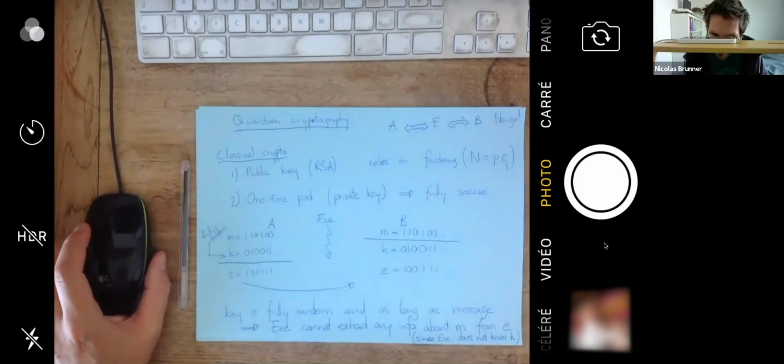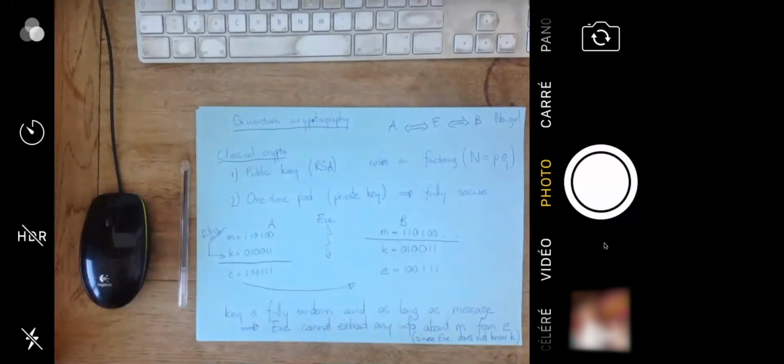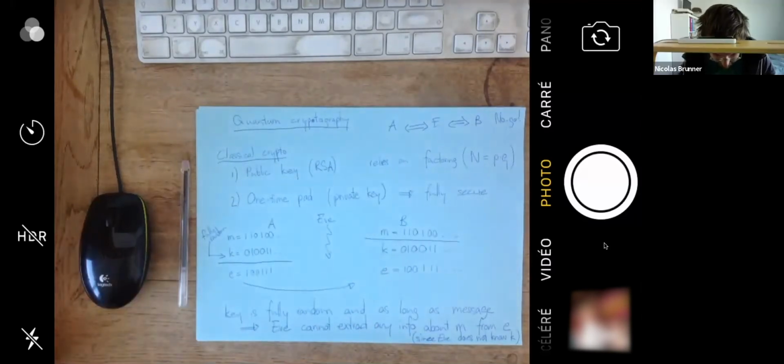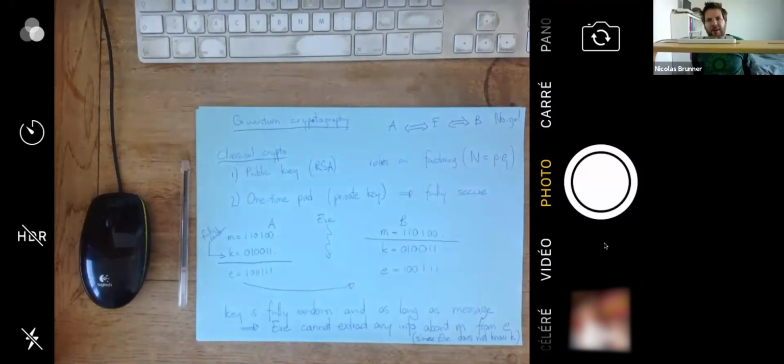So the question was, do we have no handshake between A and B for a private key? So do we have what, sorry? A handshake in the terms of informatics is just before we have the communication, we have to set some settings up, like the key between the two persons who want to communicate. So yeah, I think I see where your question comes from, and indeed it's a good question.